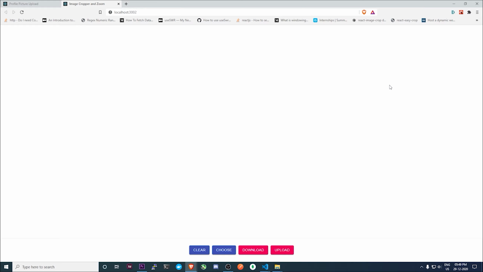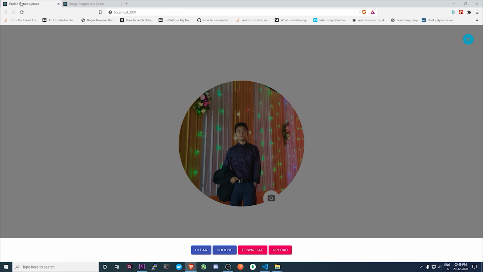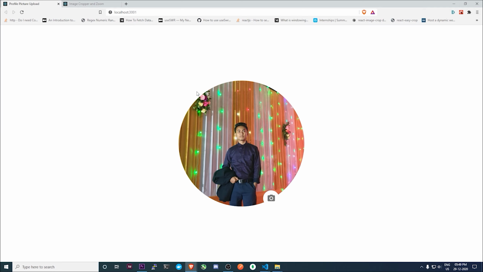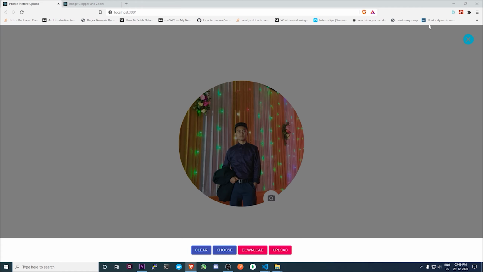Now I'm going to divide our whole project into 4 separate components. If we see our final project, we have 4 components which are working together. The first one is this avatar component. The second one will be this cropper component,